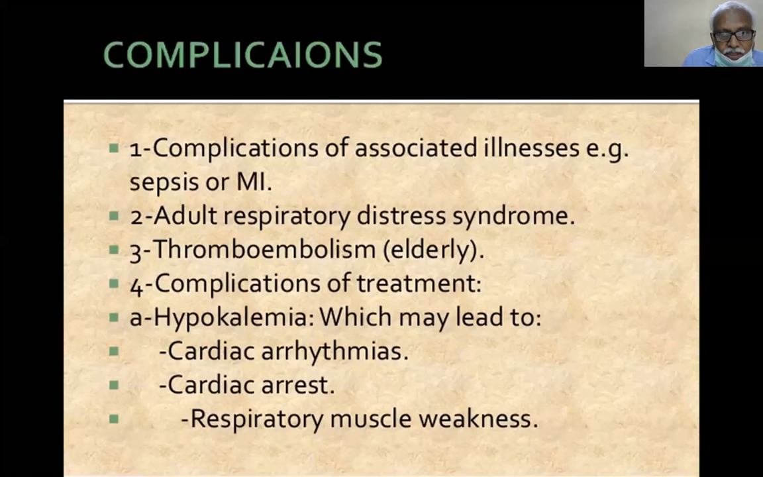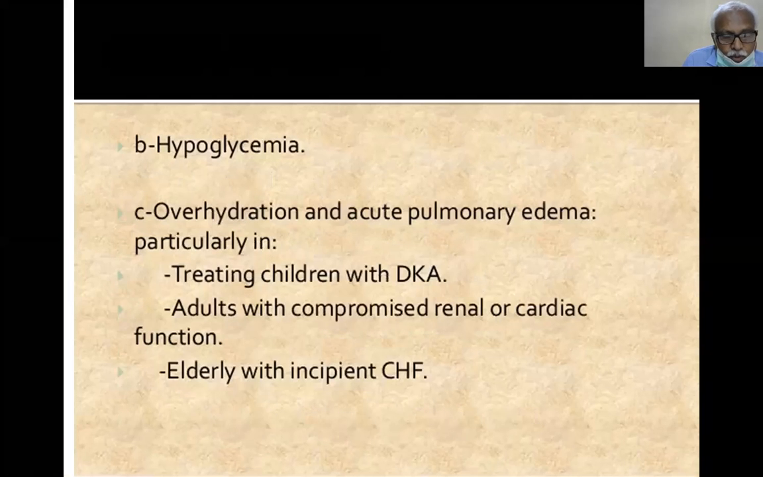So complications associated with illnesses are sepsis or myocardial infarction, adult respiratory distress syndrome, and thromboembolism in elderly people. Complications of treatment: hypokalemia, which may lead to cardiac arrhythmias, cardiac arrest, respiratory muscle weakness, hypoglycemia, overhydration, and acute pulmonary edema, particularly in treating children with diabetic ketoacidosis and adults compromised with renal and cardiac function. This is most dangerous for people with pulmonary edema. Then we have to give Lasix again. So elderly people with incipient coronary